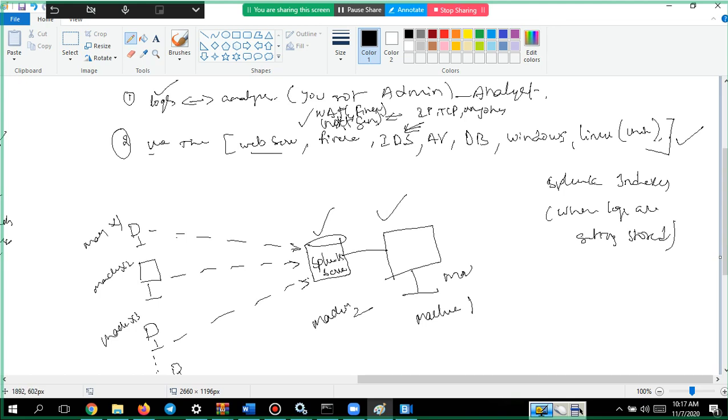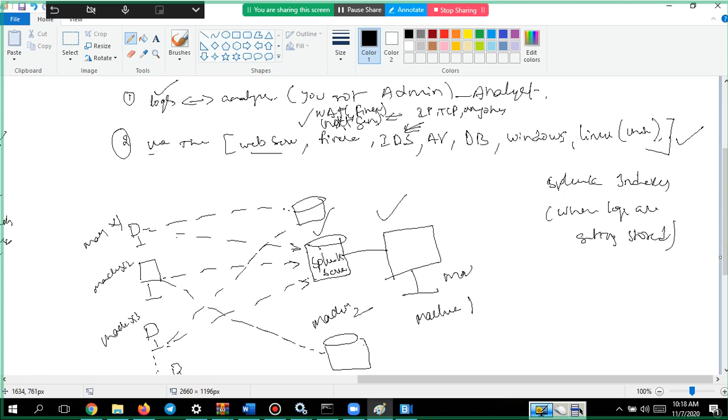No, you can have multiple Splunk servers also. Why do you need multiple Splunk servers? This machine is sending logs to this and also to this. This machine is sending logs to this and also to this.